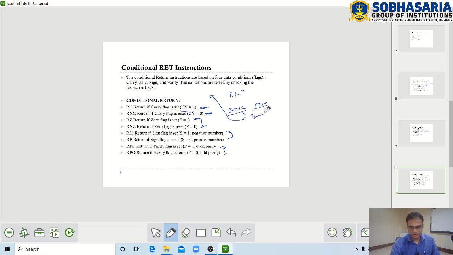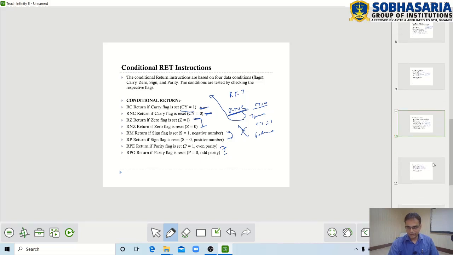So this condition is true, and if the carry flag is 1, the condition will be false and the control will not be transferred back to the called location. So this is how the RNC instruction works. Similarly with other instructions, the condition may be true or may be false. In both cases the machine cycle will be different.